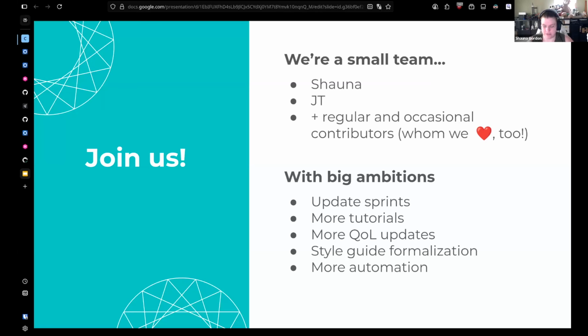And with all of these, we'll be able to do more tutorials. We're looking also to do formalized or more formalish sprints of batched updates. So things like the proofreading and fixing broken links and stuff like that. We'll want to group up and dive in and knock out a whole bunch of those. And we want to get more quality of life updates. Like I said, style guide formalization, and even some more automation. I've got other ideas for those as well. So, all of those we'd love to have help with. Yep.